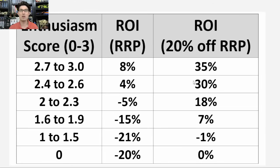on investment. So all of the sets that retired at the end of 2022 with E-scores of 2.7 to 3.0 so far have a 35% return on investment if you got it at 20% off, which is kind of the standard minimum on average that you can get Lego sets at. 2.4 to 2.6, 30%. 1% on down. You get into below 2s, it's really not worth it. But anything 2 or higher seems to have a pretty good return on investment, again, from the sets that retired